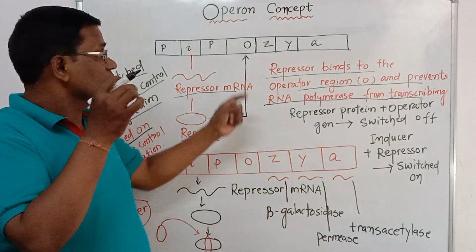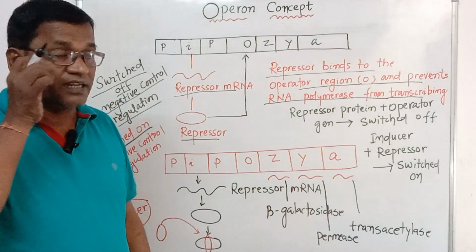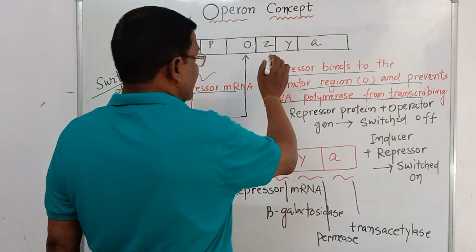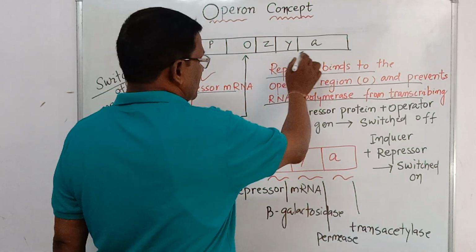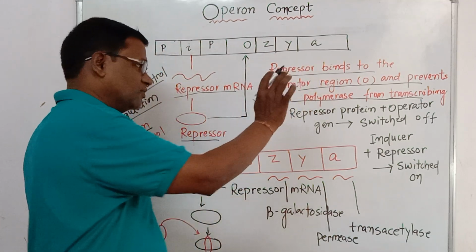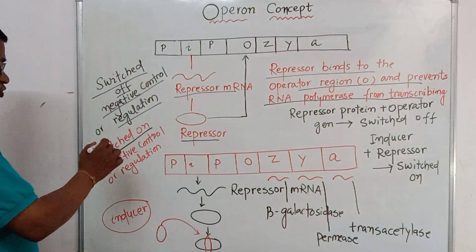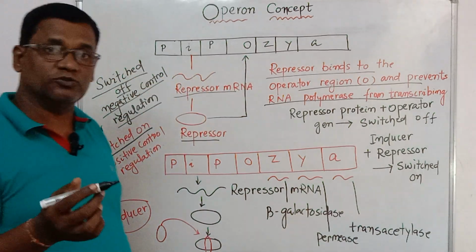जैसे बंद कर दिया, तो उसमें ये जो कंट्रोल कर रहा था, किसको कंट्रोल कर रहा था? ये कंट्रोल कर रहा था आरएनए पॉलीमरेज को. और वो आरएनए पॉलीमरेज वहां सीक्रेट नहीं होगा, तो वो प्रोटीन सीक्रेट नहीं होगा. ये ऑफ कंडीशन है. हम स्विच्ड ऑन कंडीशन है. स्विच्ड ऑन का मतलब है इंड्यूसर है.